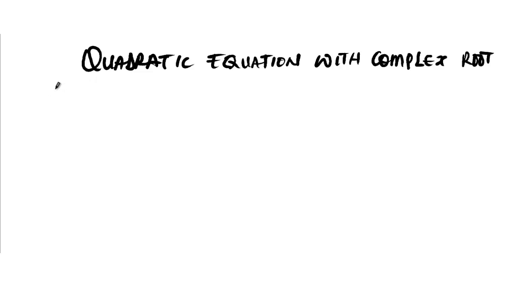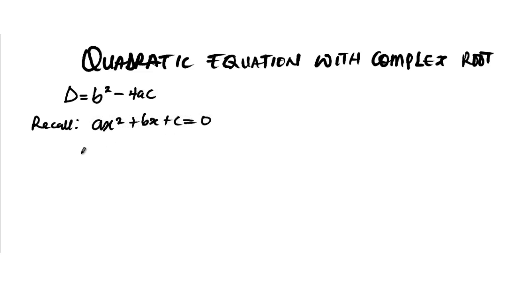So for us to determine that, we make use of the discriminant. And the discriminant is defined as d is equal to b squared minus 4ac. And don't forget, you should recall from the general quadratic equation that we have ax squared plus bx plus c is equal to 0. All right? So now, this is the formula for discriminant. So if d, which is equal to b squared minus 4ac, is less than 0, that is, if it is negative,